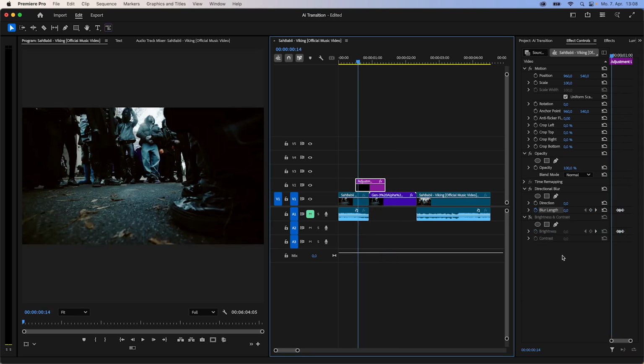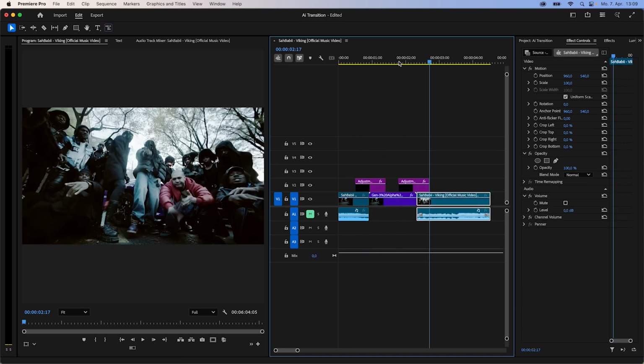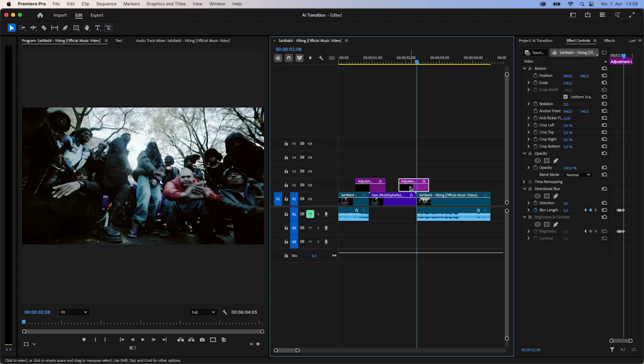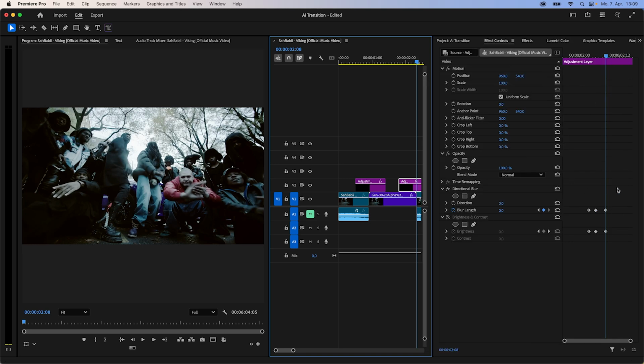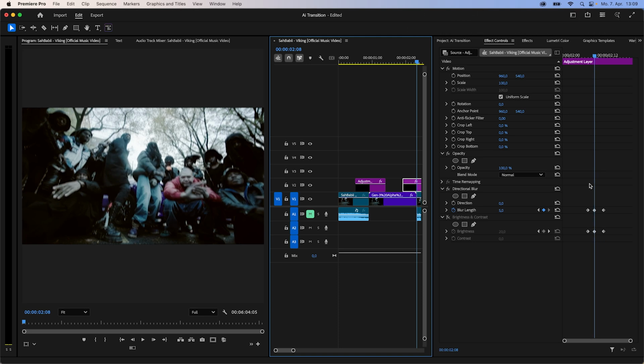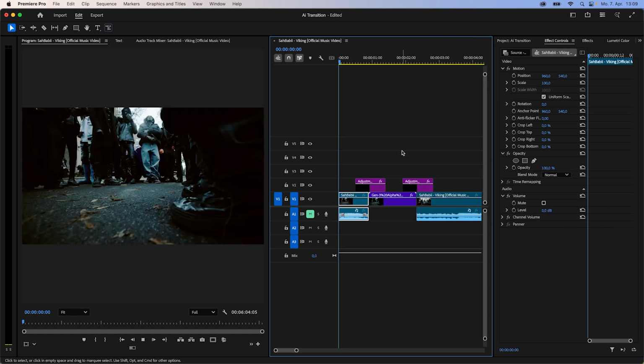Okay, in this case, I would deactivate the brightness and just leave it with the directional blur. And copy the adjustment layer and go where the cut happens and just adjust the keyframes. So I'm opening this up, and now if I hold Command and with the arrow keys, I can move the adjustment layer right here. As you can see, if I now play it,